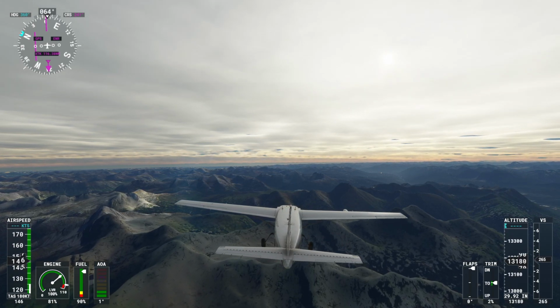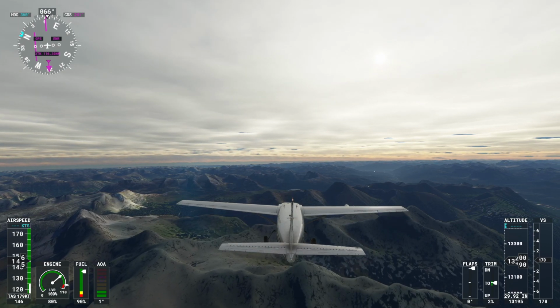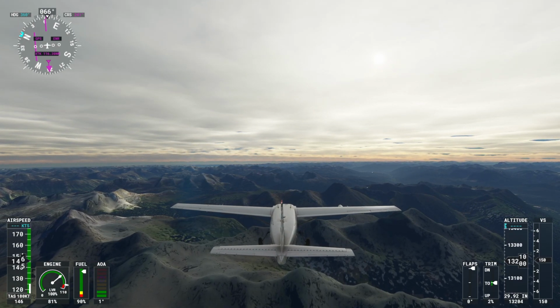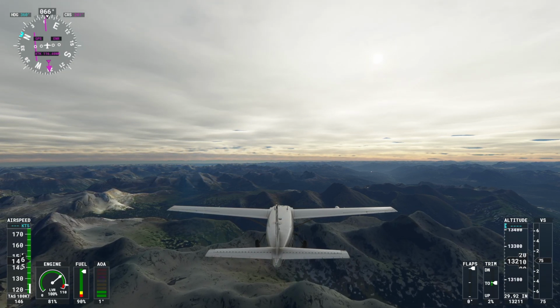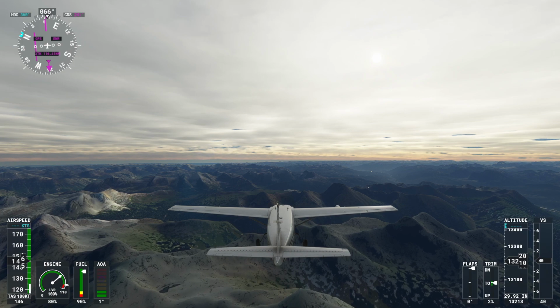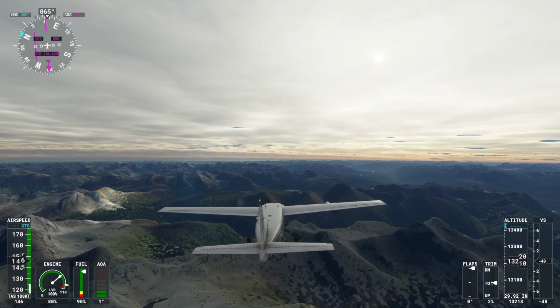Continue on course to the next prominent peak, Monarch Mountain, which stands 9,111 feet above sea level. A good visual for Monarch Mountain is a small glacier just to the north of its summit. Oh. What is this? Some kind of riddle.